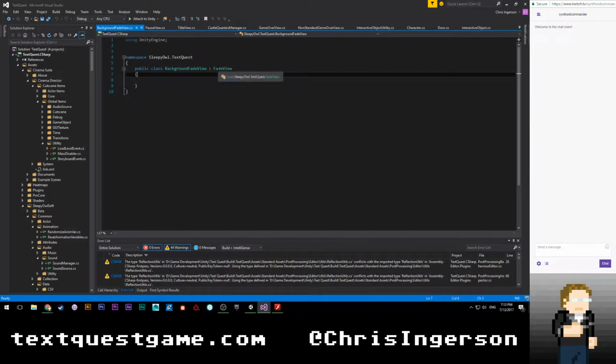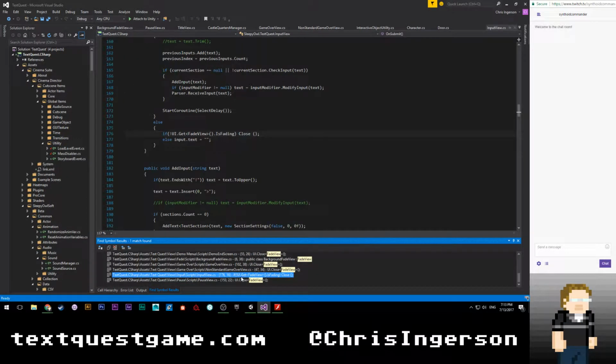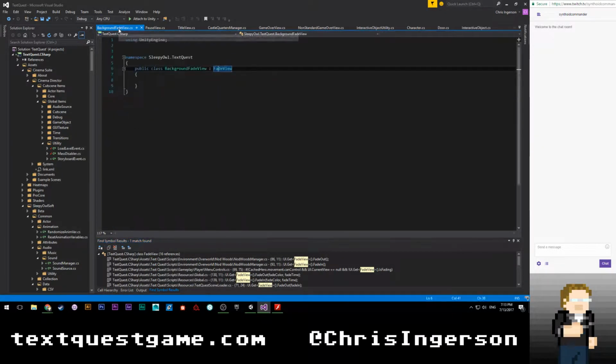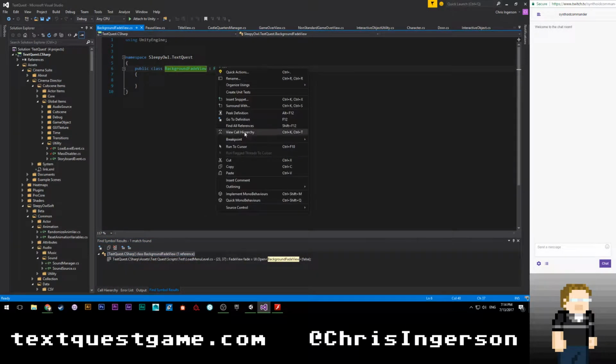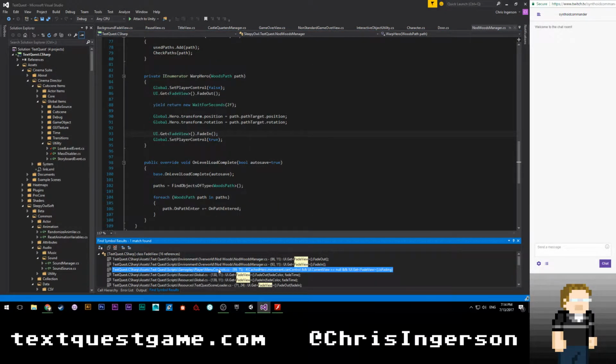So I'm going to go to fade view, find all references. Let's see. We should be able to see menu controls, global text plus scene loader, tutorial manager, background fade view, game over, non-standard input view. That's interesting. One of these things specifically must be referencing fade view, right? It's not going to be doing background fade view. Yeah, that's just the load menu label or level. Let's do find all references again. I'm just going to go down this one thing at a time.